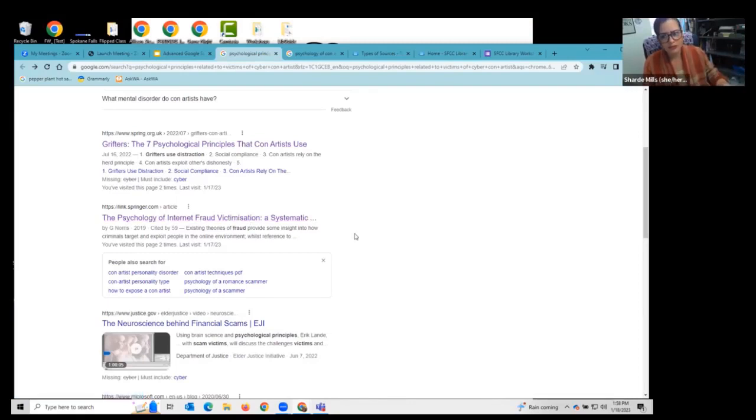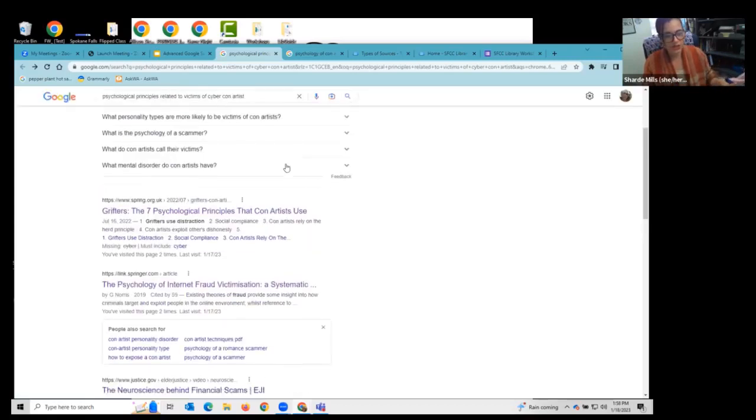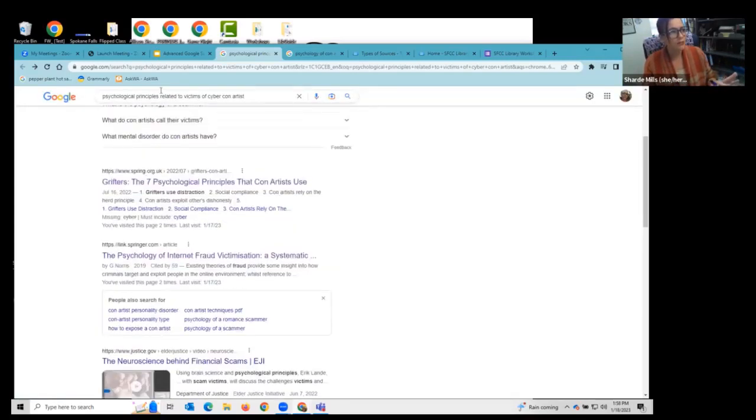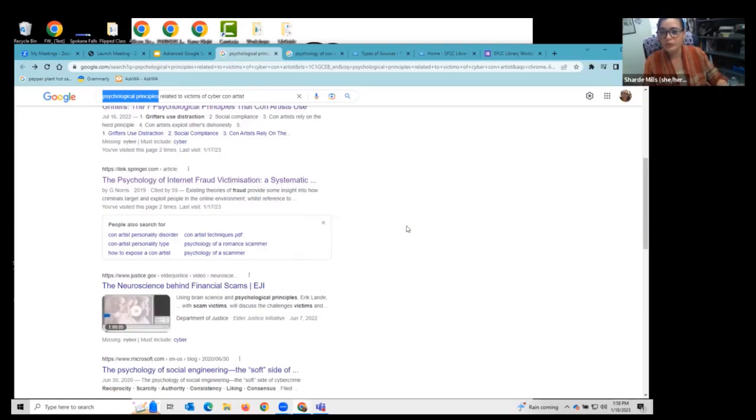There's a lot more detail of what goes into this, so I do recommend you go to the workshop next week on scholarly articles. But know that we can see the content change based off of my language, psychological principles. So I'm not just asking a question of Google. Know that Google searches based off of the language that you're using and where it's searching for those terms. So just by changing my turn of phrase or the words I'm using to search, I can see the type of sources I'm getting have changed a little bit too.